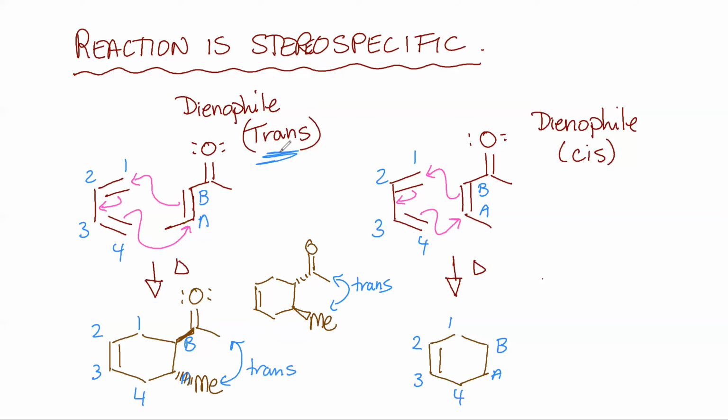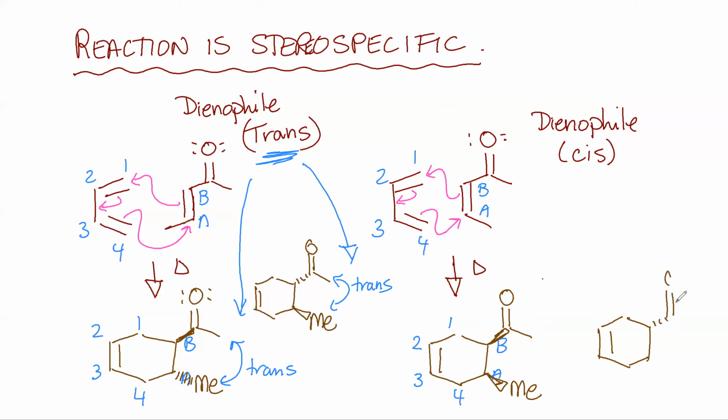So it started trans and it ends trans. Now, conversely, with this other one over here, if this was up, then this methyl group would be up because it started cis and now it ends cis. The other enantiomer for this would be if we drew this down,